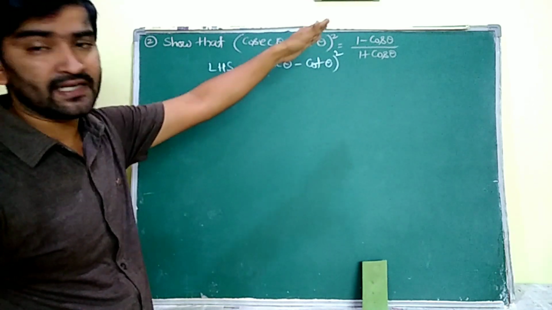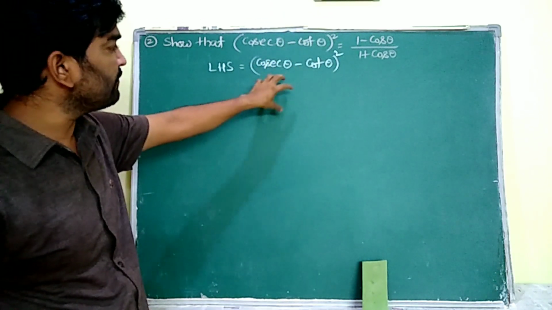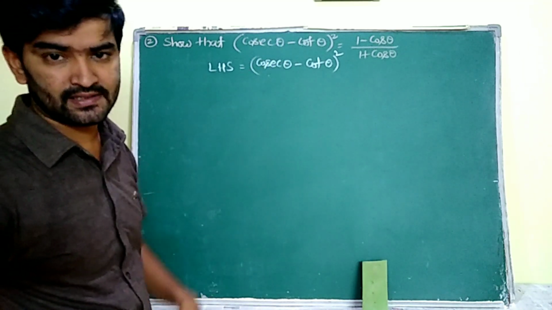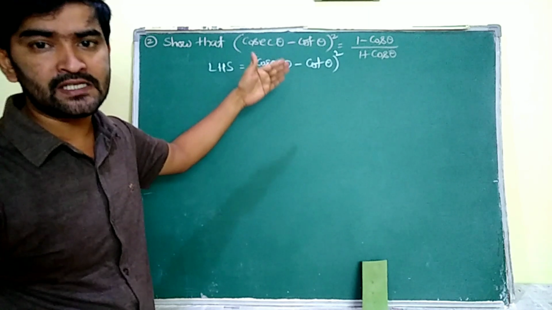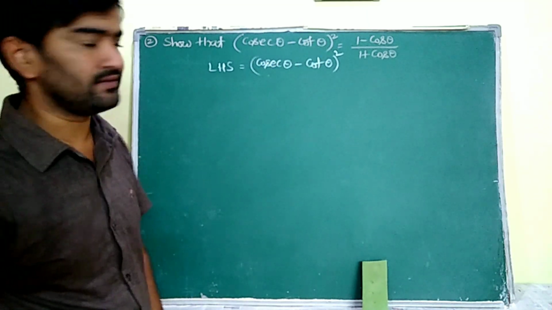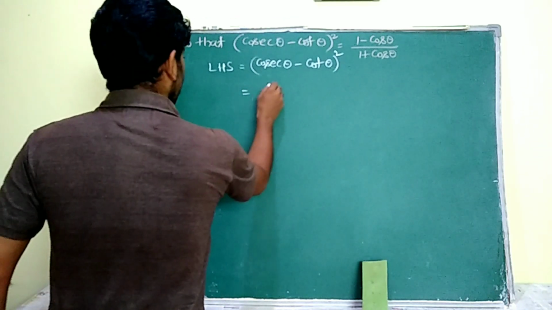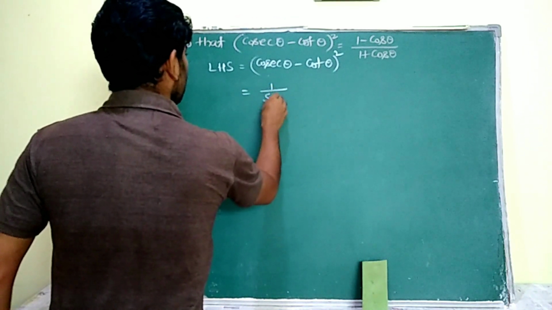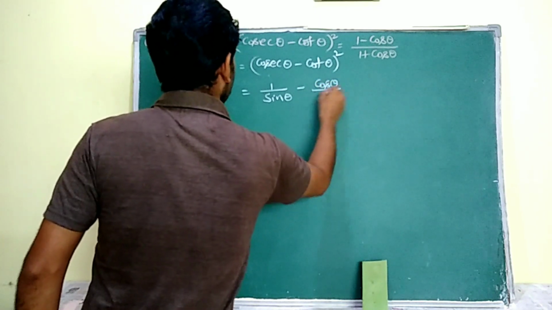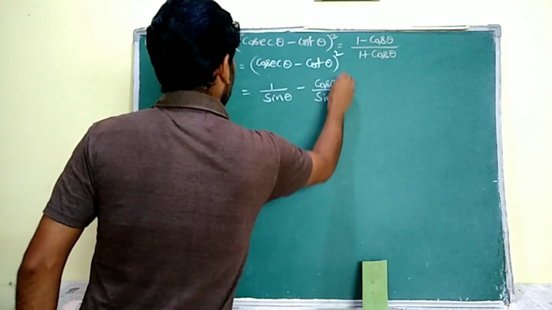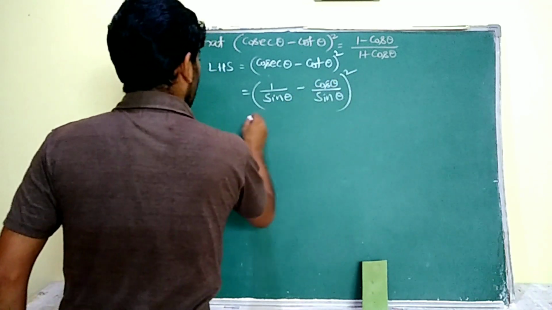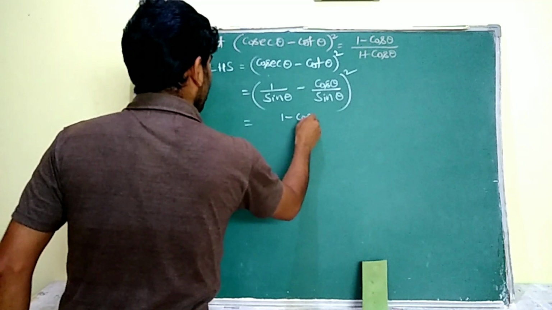That means our answer is in terms of cos. So firstly you have to convert the given LHS value into sin and cos terms, and keep on simplifying those steps. At last you are going to obtain the answer. Okay. See, cosecant theta means we know that 1 by sin theta. Cot theta also we know that cos theta by sin theta. Whole square it is. So these two are like fractions now. Then express this as a single fraction.